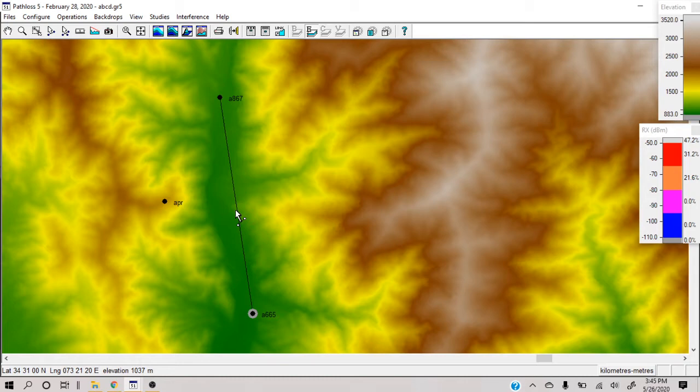Maybe one of the sites is an already existing site, you cannot move it, and the other site also, because you cannot make a site everywhere. Maybe because of the area, you can have only one or two sites, because in remote areas you don't generally have a lot of options. So just assume that we don't have any other options. We have to go ahead with these two sites.